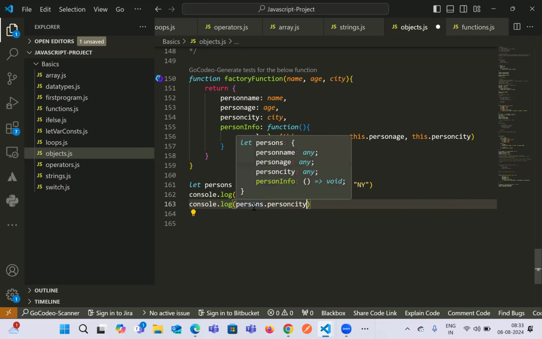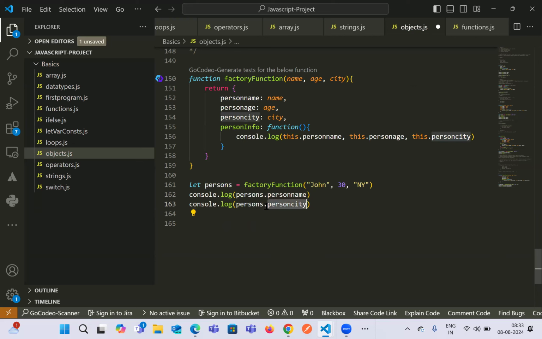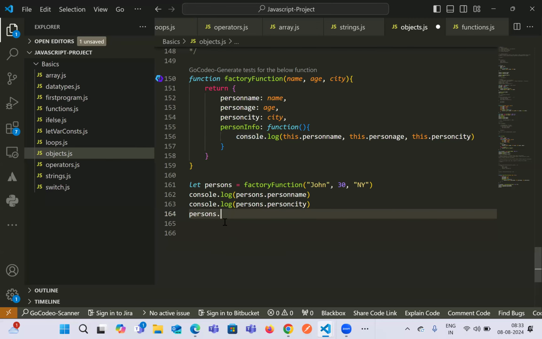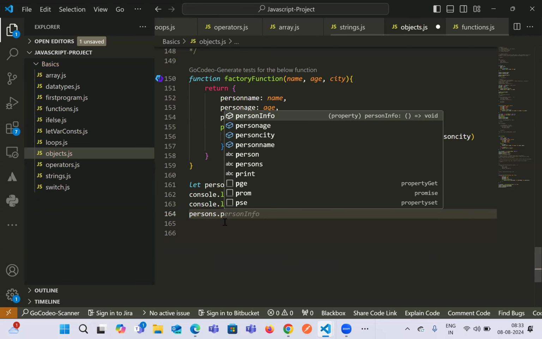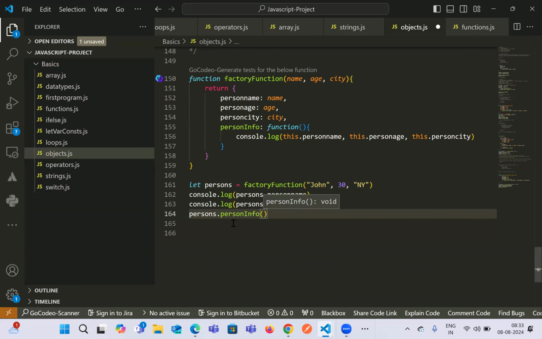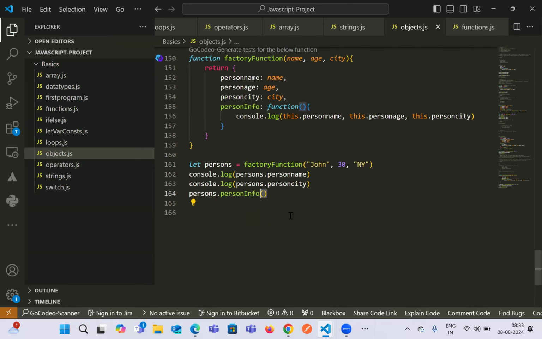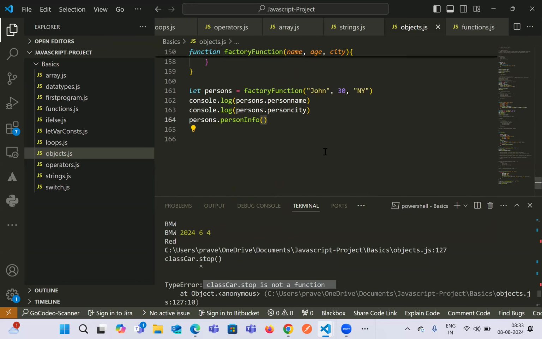So we have to use a dot operator to get the value. And now to call the method, we can directly use persons dot person info. Okay. And then give a parenthesis, which denotes that it is a method. And if you try to execute the code now,